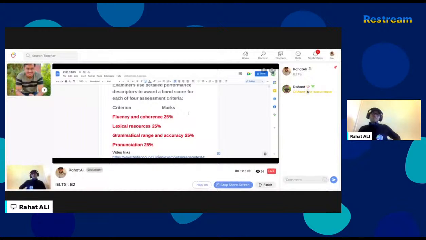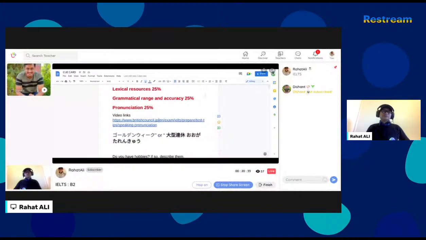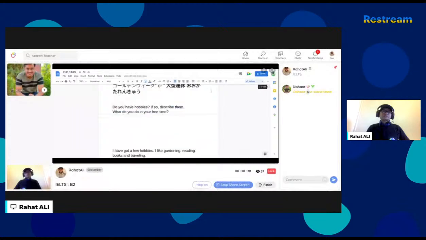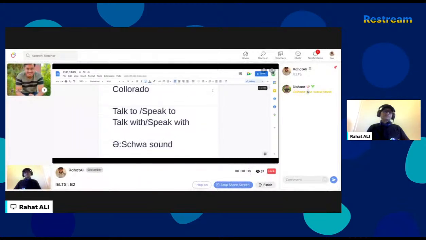Fluency and coherence has been covered. As you can see, we will get 25% marks on how you can interact with the examiner or answer any question, even while you're not taking the IELTS exam. This type of exercise or test really helps you fit for a job interview as well. If you attend a job interview, you'll be asked different kinds of questions. So we've got a few examples from last time.